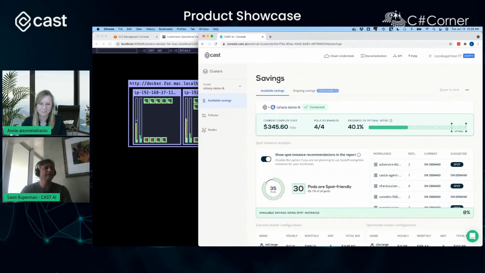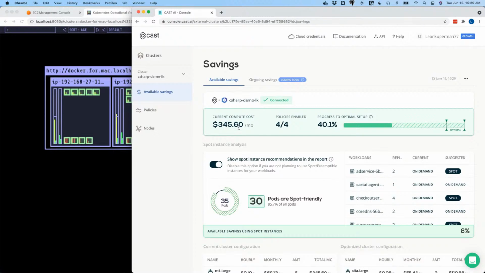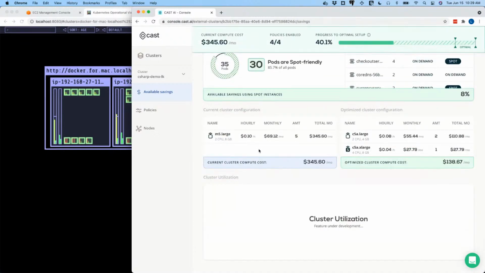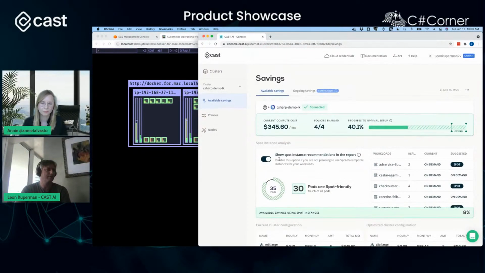Cool. So you guys see that the cluster cost dropped from $414 to $345. And now you see that there are 5 nodes, and eventually that will trickle down to 3. And by the time we're finished with the process and go through the life cycle of adding nodes and deleting, adding pods and deleting pods through normal life cycle, we're going to get to this $138 optimized environment.